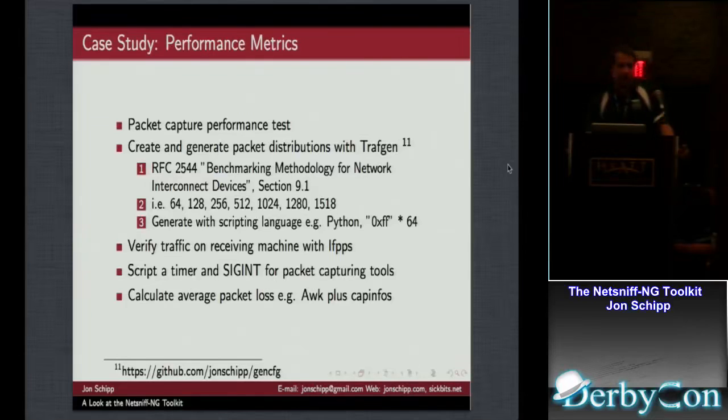And if you want to do packet capturing performance tests, we can actually script it: have netsniff-ng run in a shell every 5 minutes or something, and have your trafgen instance transmit every 5 minutes, and then have a script that sends SIGINT after whatever time, to see how long it takes to send the packets to the sniffing process. So you can script all of those if you want to test them. And then what you would do